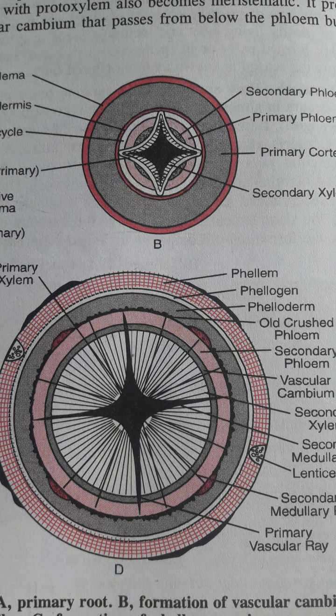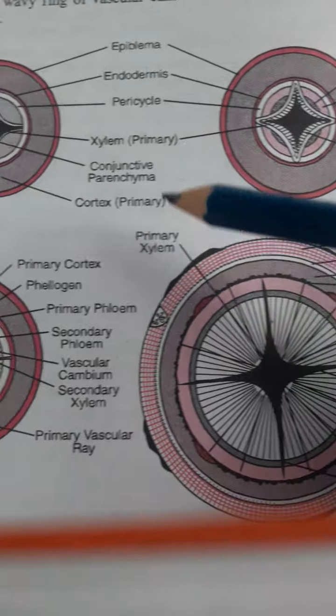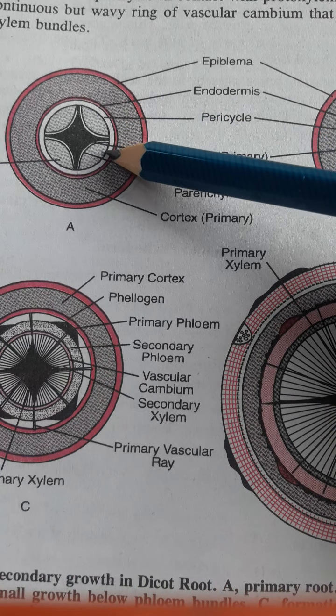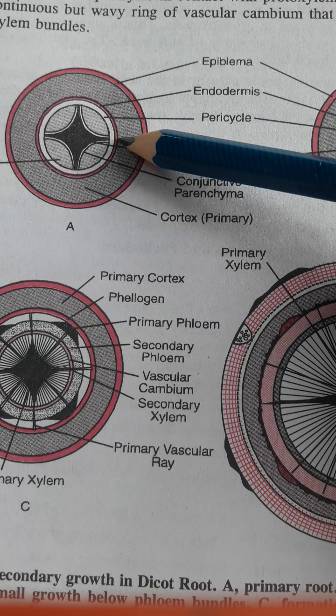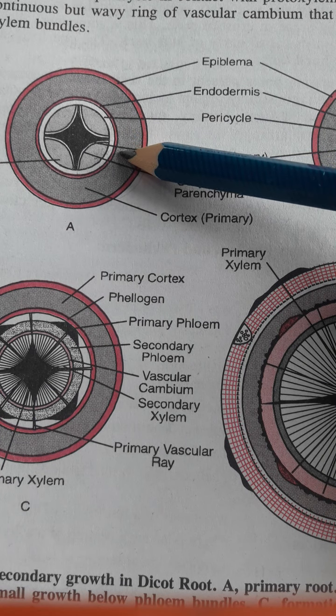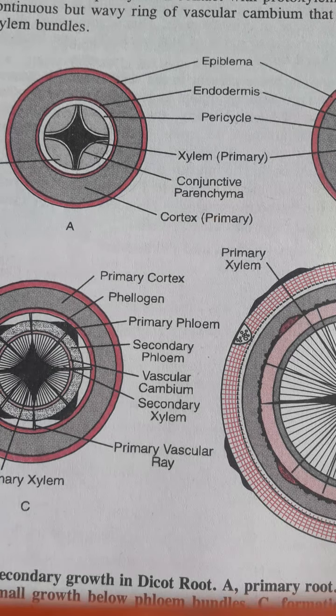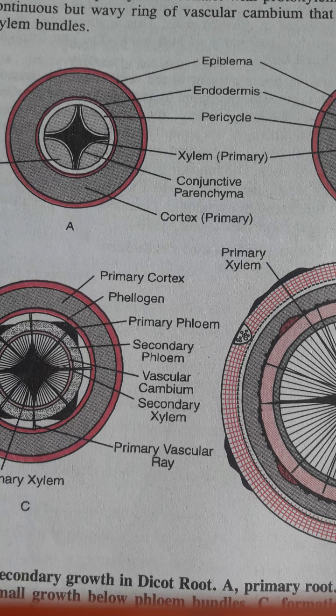Now again, we have already said that the pericycle, here we have got it, the pericycle also, here the vascular cambium rays are present. So these vascular cambium strips will develop into the vascular rays. Okay, and there are two types of vascular rays, we know, the xylem rays and the phloem rays, isn't it? And they will help in conduction of water and food.